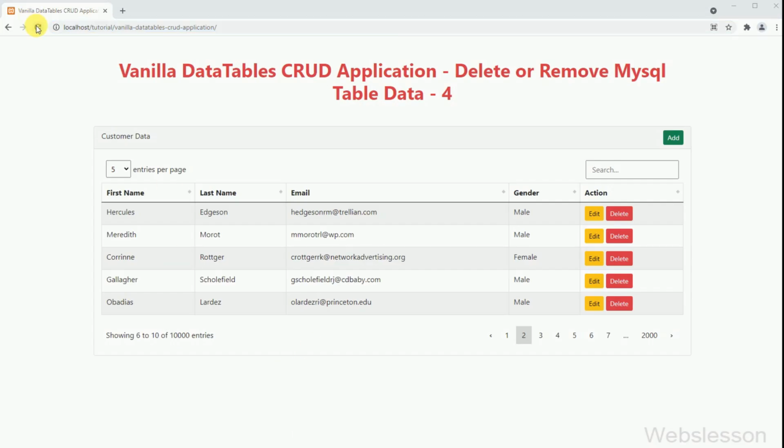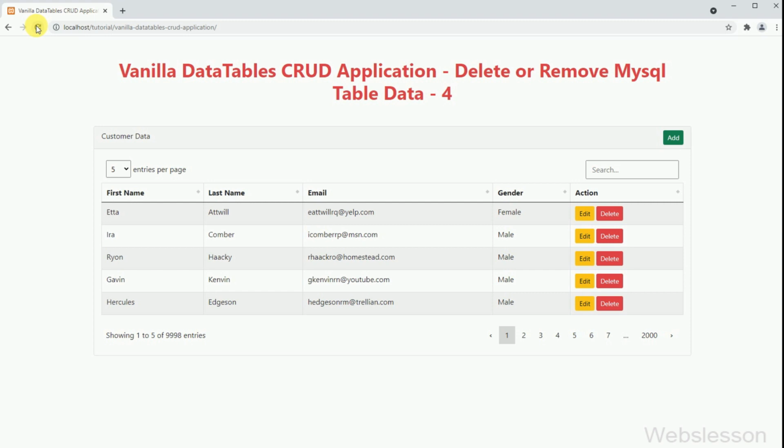Friends, first we have refreshed this page. Here we can see a delete button in each row of data in Vanilla Data Tables. Now we want to check the delete data operation, so we click on the delete button, and after clicking, we can see a pop-up dialog box appearing on the web page with OK and Cancel buttons.